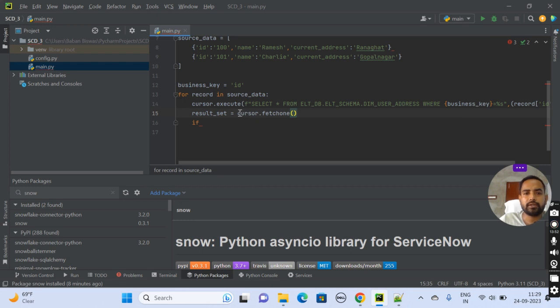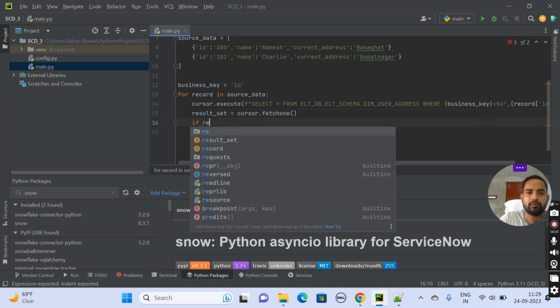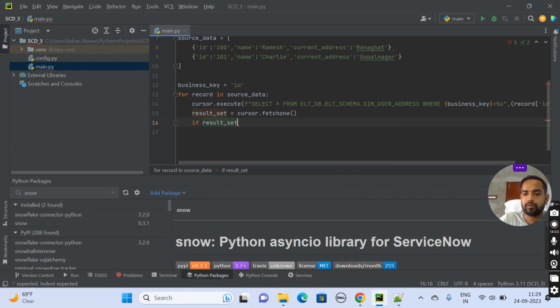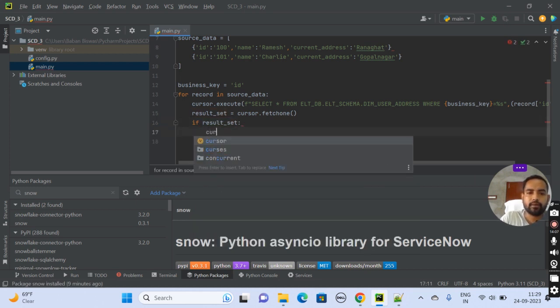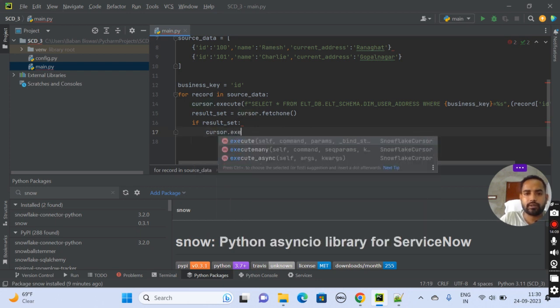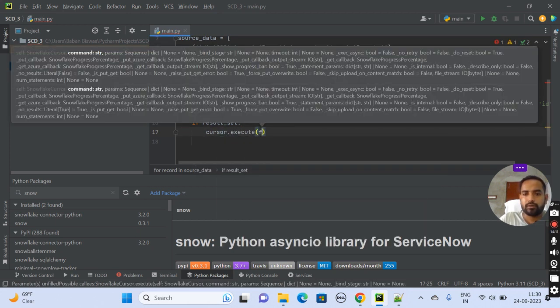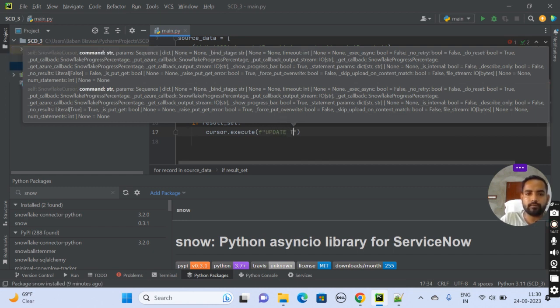So that means if data is present, so we're trying to assign that value under result set. That means if result set has value, if result set is true, in that case what we want to do is just update the data. Okay, cursor dot execute. Now let's put f string. So what we'll do, update